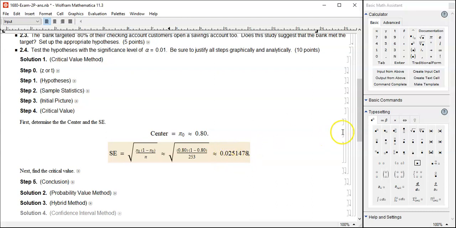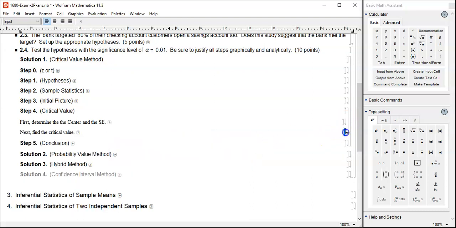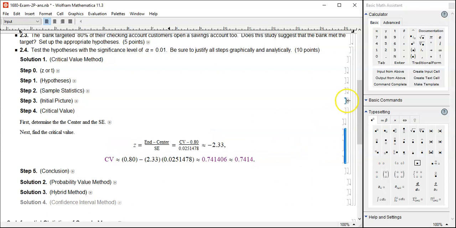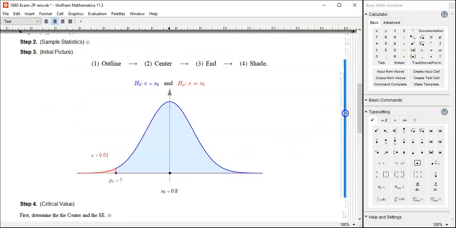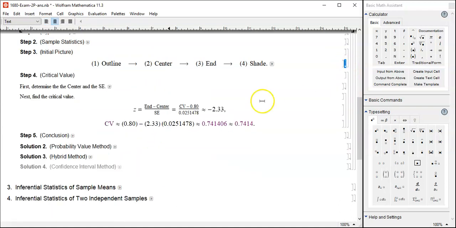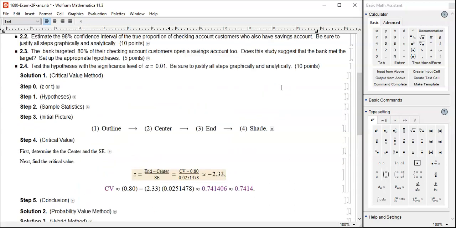Now we have center and SE, so you can find out the critical value using the z-score formula, p-bar minus center over SE. Critical value minus center over SE is, well, the z-score associated with 1%. We already checked before, it's -2.33. So flip this denominator to the other side and then flip also this null. You get this computation. We get 0.74 something,